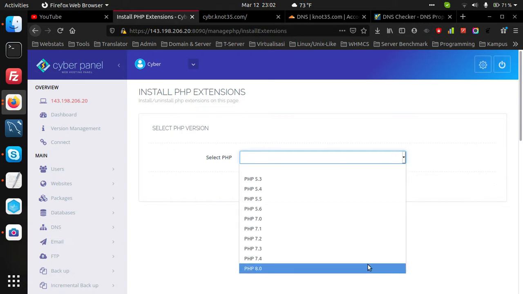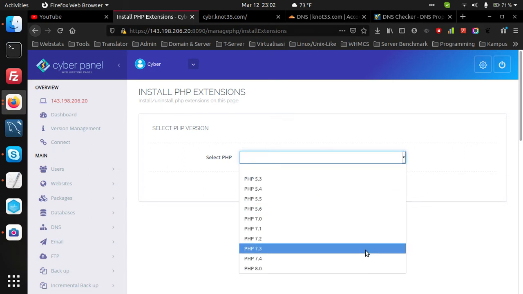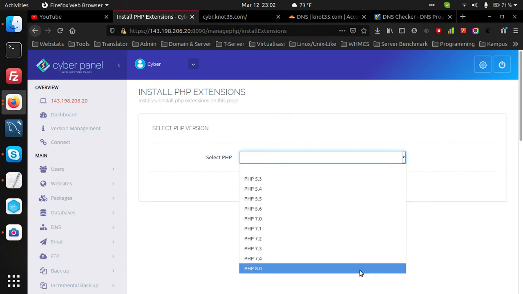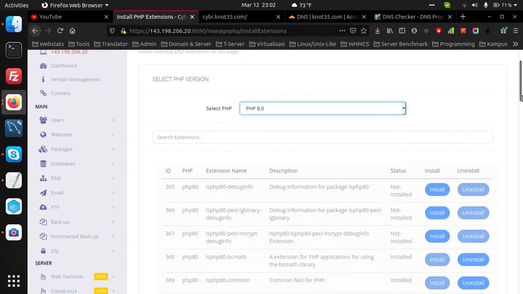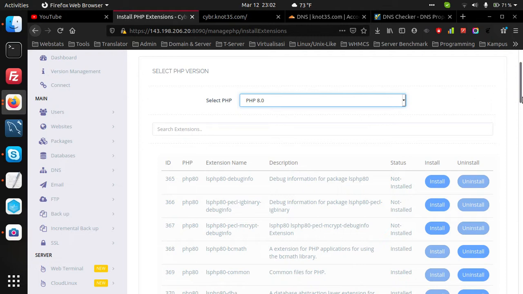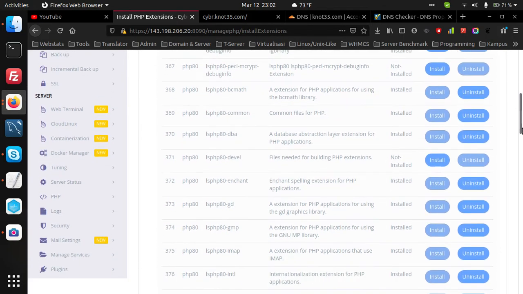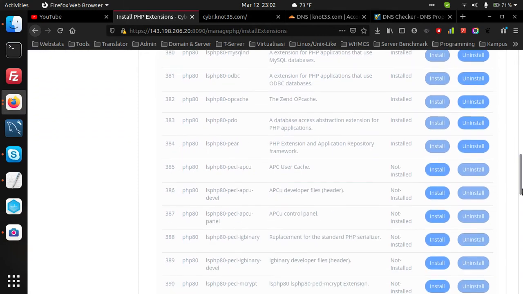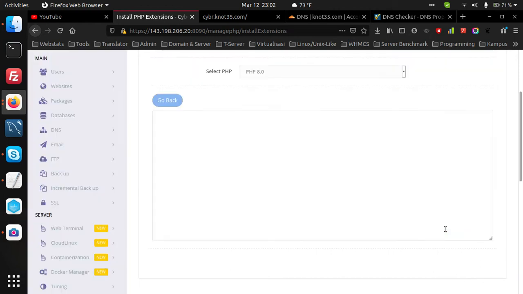So for a newly created site, it's enough. You can select the latest PHP 8 and install the following extensions, like IonCube Loader, Imagick,